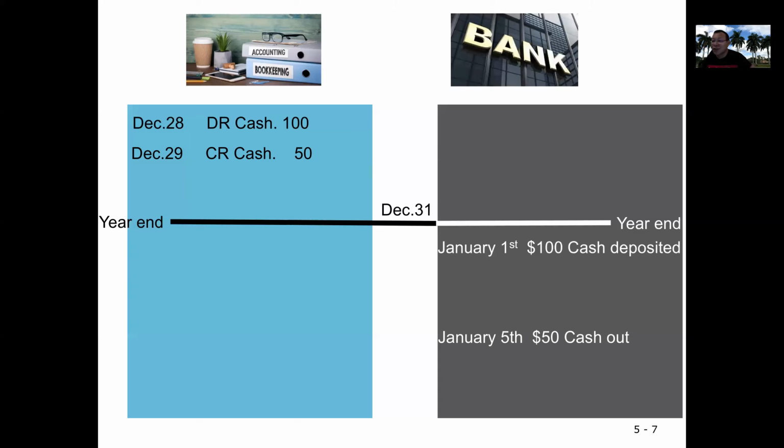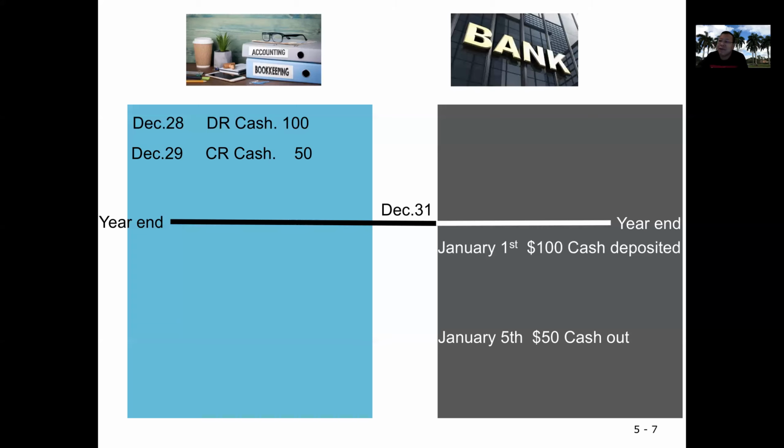So on December 29th, the cash balance decreased by $50 according to the book, right? But guess what? I don't have time to go to the bank, right? So I keep my deposit in my wallet, okay? But I was really busy with this job. I didn't get time to go to the bank to deposit my check